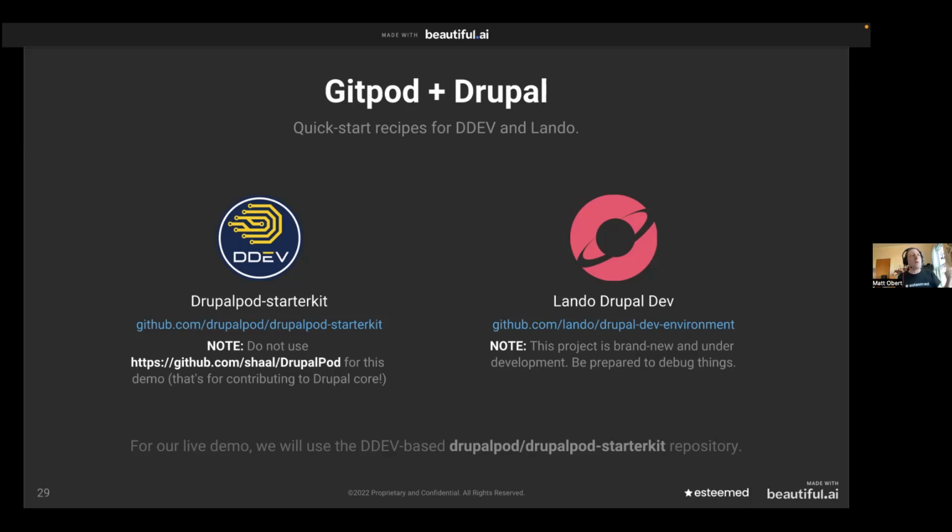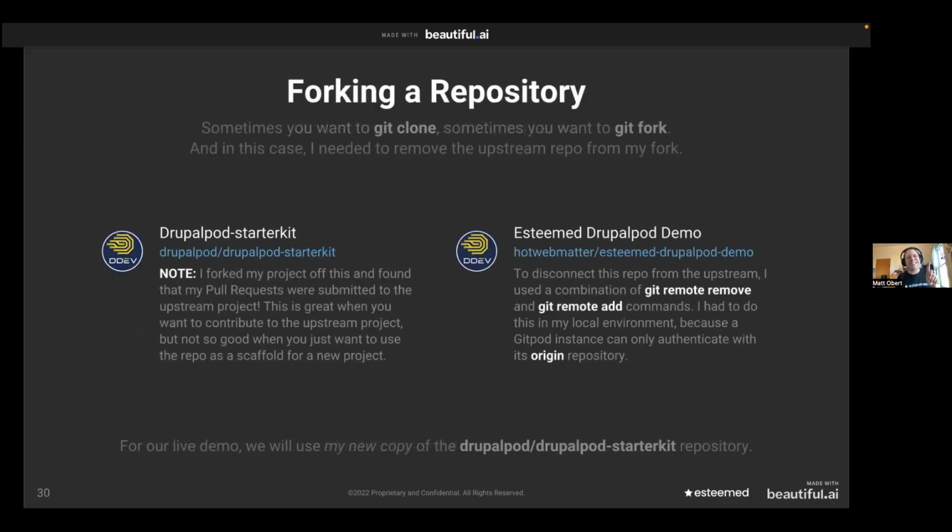So for our live demo, we will use the DDEV-based Drupalpod Starter Kit repository, except we won't actually use their repository, because when I started putting this slideshow together, I forked my project directly off of theirs. Then I found that when I got to the point in the demo where I was going to make a pull request off of my main branch of the origin repo in my Hot Web Matter account on GitHub, it was actually opening a pull request on the parent repo, the upstream